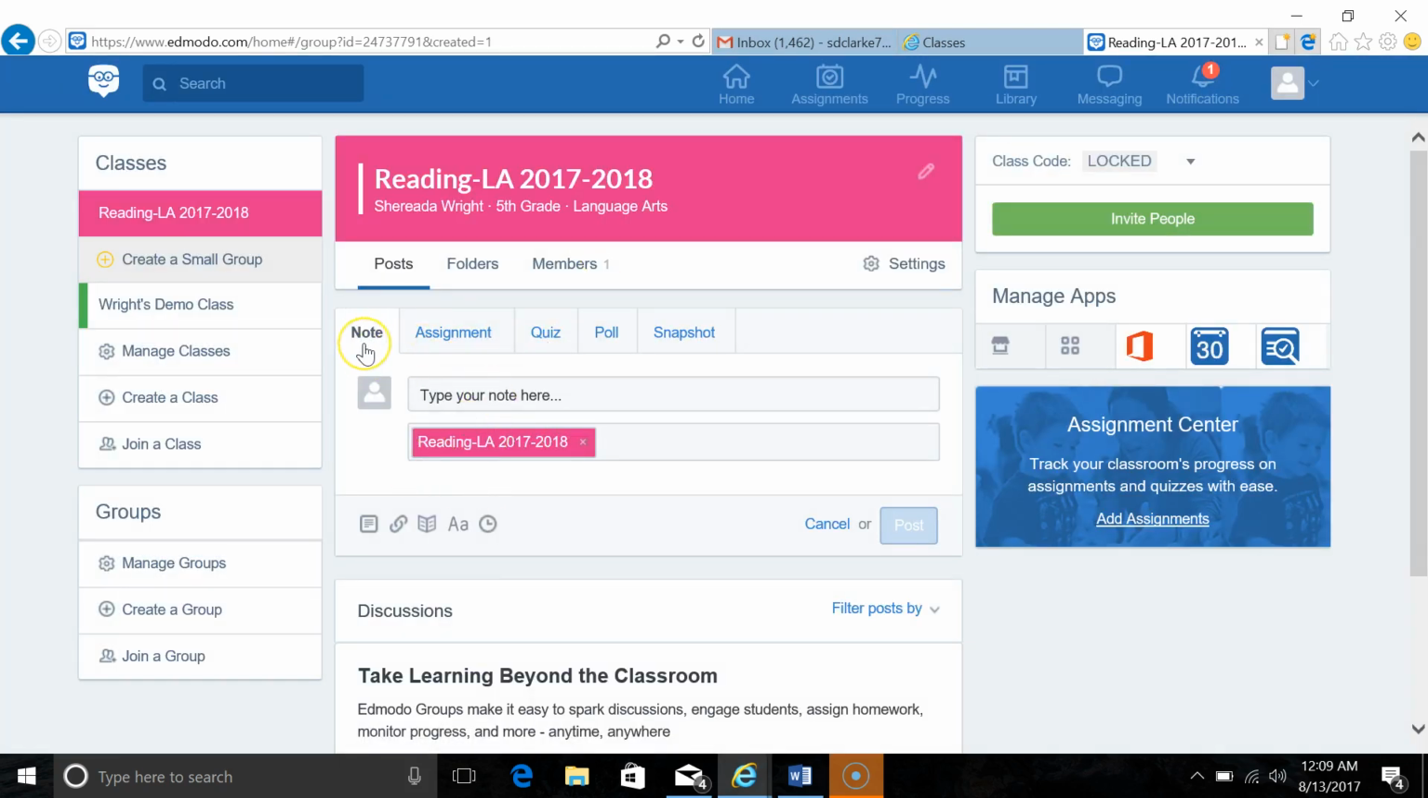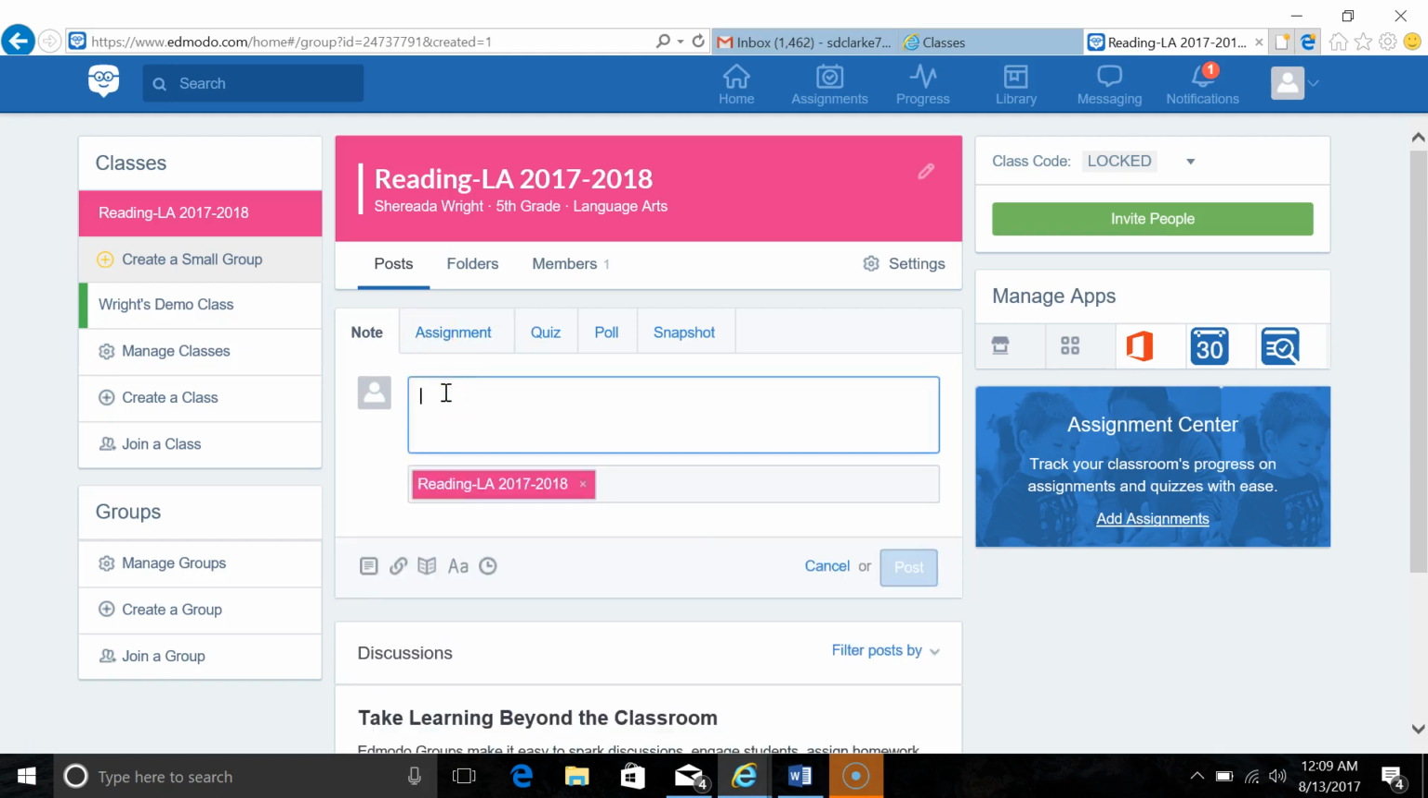So next, Edmodo makes it easy for you to post notes, assignments, quizzes, polls for your students to access. Here, it's already on Note. That's the default setting. So I'm going to type a note to welcome my students to our class, and here underneath, make sure that I indicate who I want this note